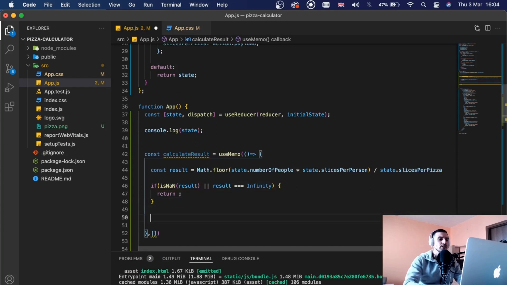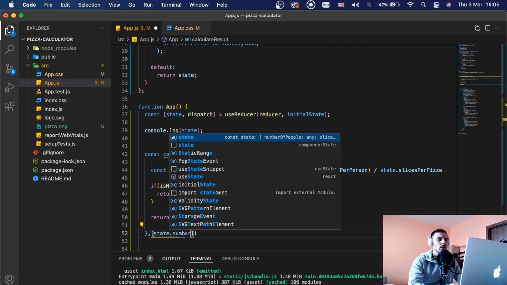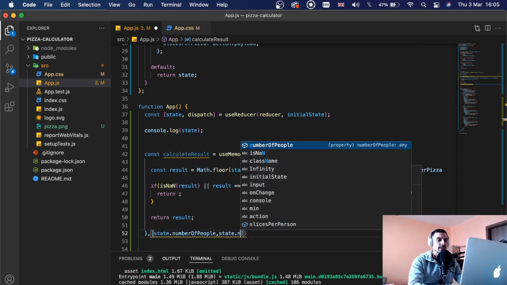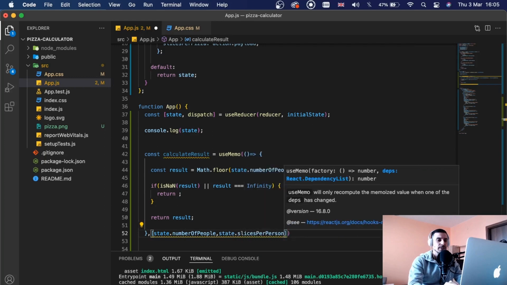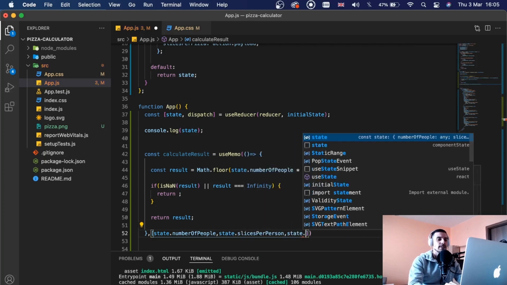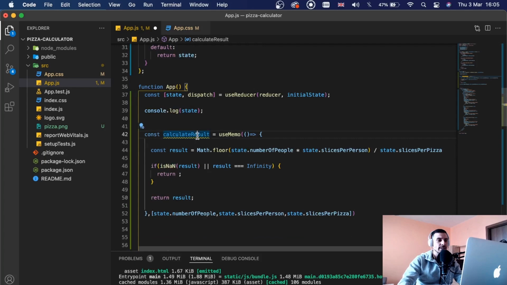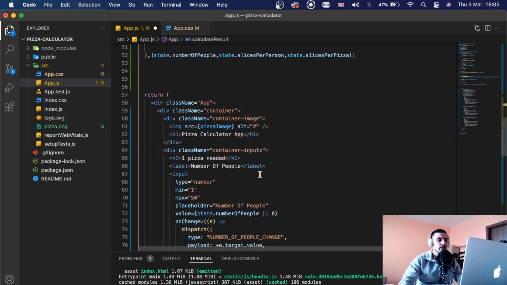Otherwise we will return result right here, and we will pass those state, so state dot number of people, state dot slices per person, and state dot slices per pizza. With that, we can see that our useMemo hook is not complaining, and we can pass this calculate result